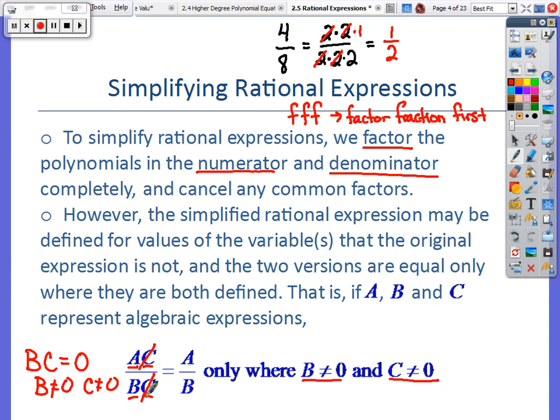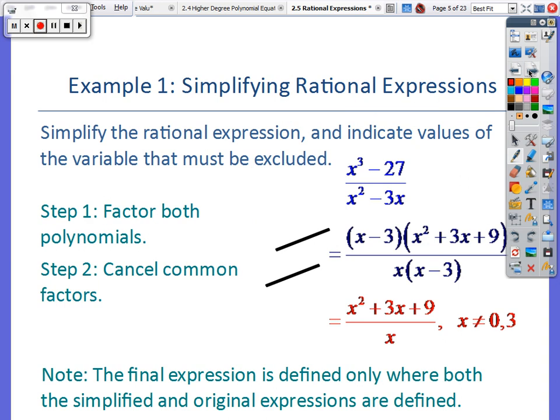But once we remove the c, our simplified expression is a over b. However, it's still undefined where c equals 0. So whatever value makes that factor 0, the c factor, we have to exclude it as part of the solution set if we're solving. Okay, and so we'll look at some of those. First one here, I went step by step for you, and then we'll look at some where you can pause and take a look yourself